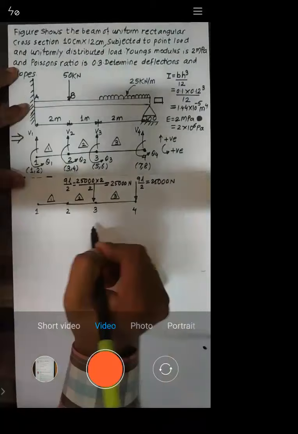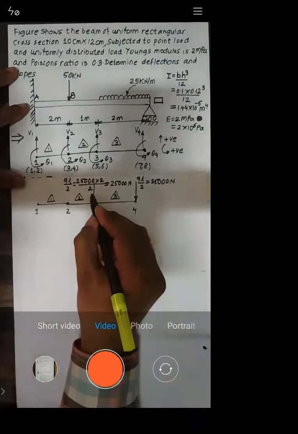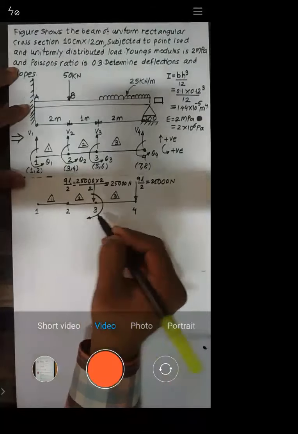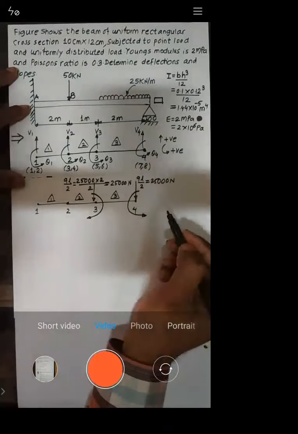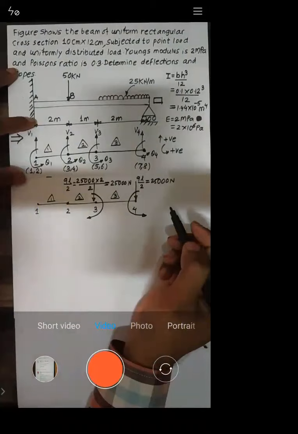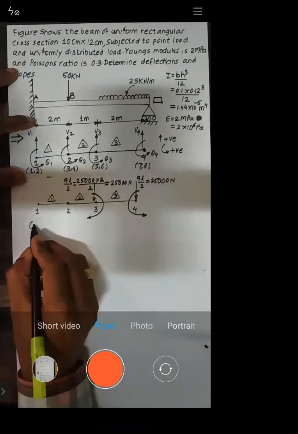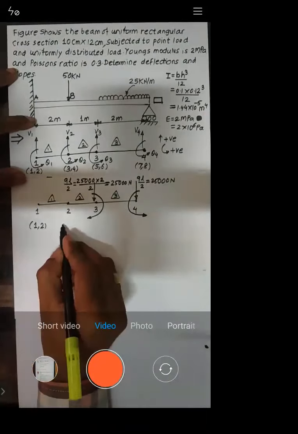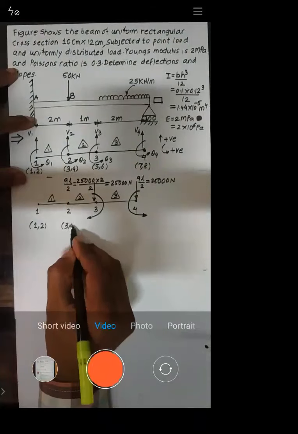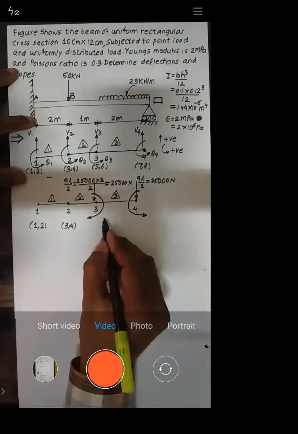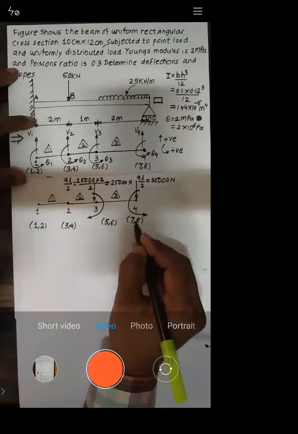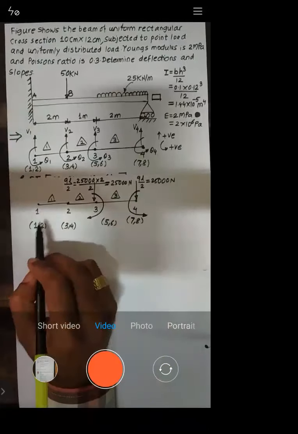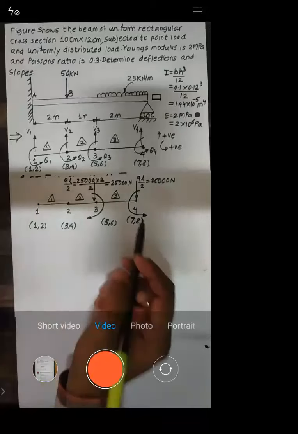Now see, this is all about force. Similarly, we need to have moment, right? So moment will go like this. One is clockwise and the second is anti-clockwise. This is the moment. Now see, this node will have 2 degrees of freedom, that is 1, 2. Similarly, this will have 2 degrees of freedom, that is 3, 4. This will similarly have 2 degrees of freedom, 5, 6, and this is again 7, 8. Each node has 2 degrees of freedom.